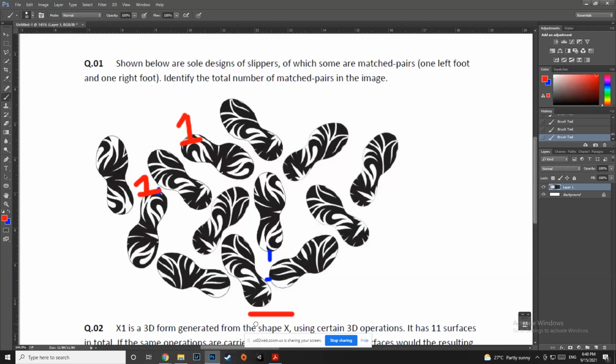So what do you have to do? You just look at any particular feature. Okay, can you see this feature? It looks like a certain leaf. Anybody can look at this feature, right? It looks like a leaf. Is there any other option that looks like this? Oh, that is actually a left foot. Oh, my bad. No. Wait. Huh? I'm talking about this one. I'm talking about this one.